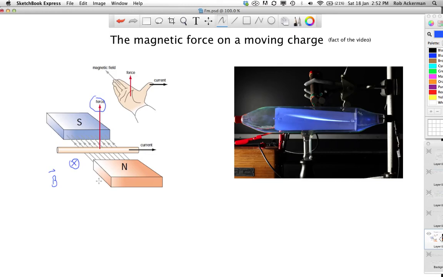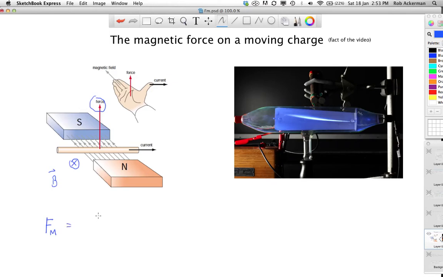The idea being, if each of the little charges that's moving through this conductor experiences a little bit of force, then if we add up all those forces, we get the total force on the wire. So if you read in your textbook, or do a little bit of research online, you'll find that the formula for the magnetic force exerted on a charge